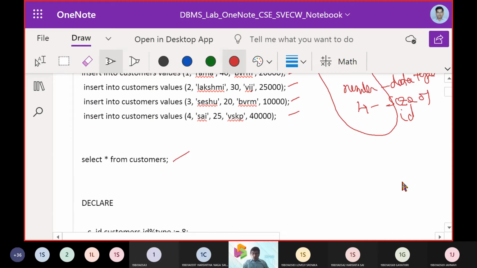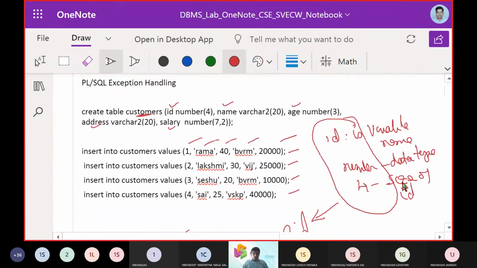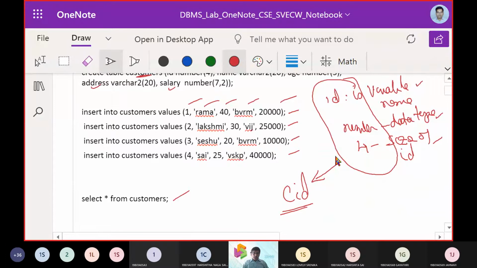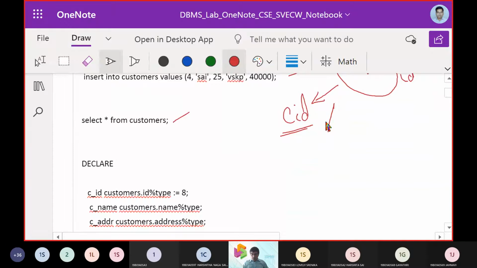If I want to move the same content to CID, if I want the same ID variable's content, number type, to CID, what I will do is use percentage type.